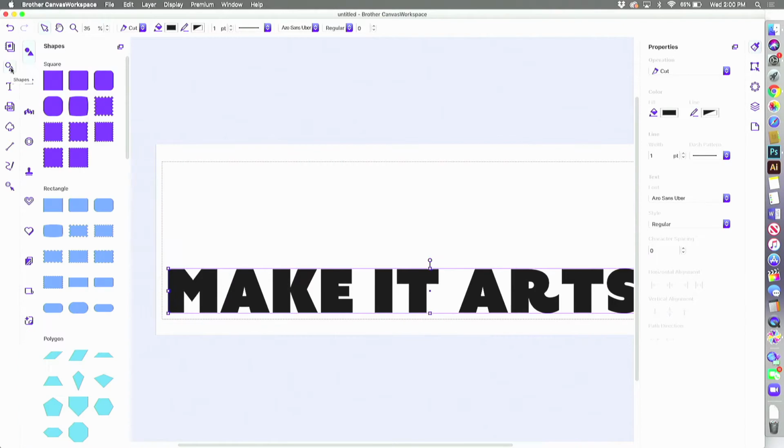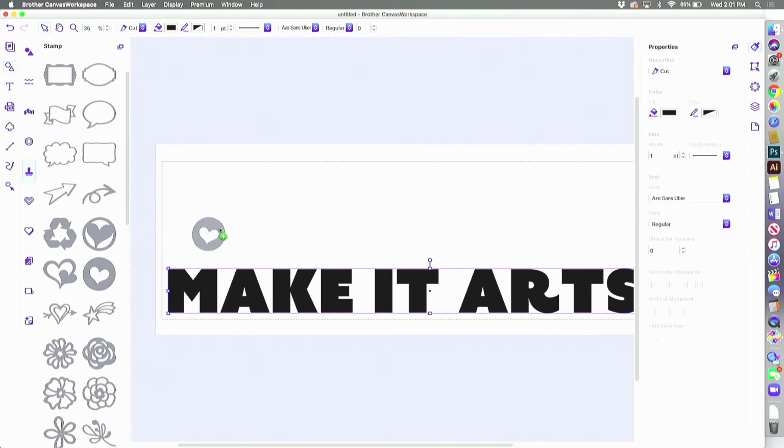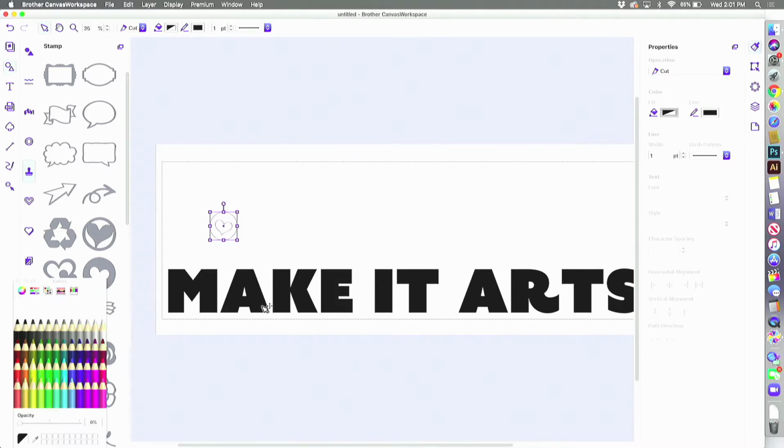So now I'm going to go ahead and add any of the shapes that I want to this. I think Make It Artsy has a lot of heart, so I like the idea of adding a heart. And once again, I'm going to increase the fill so that I can really see it. And I'm going to resize it and maybe add it right here. You can see where it touches there is kind of cool. I can hold down the Option key to duplicate it, rotate it, resize it,